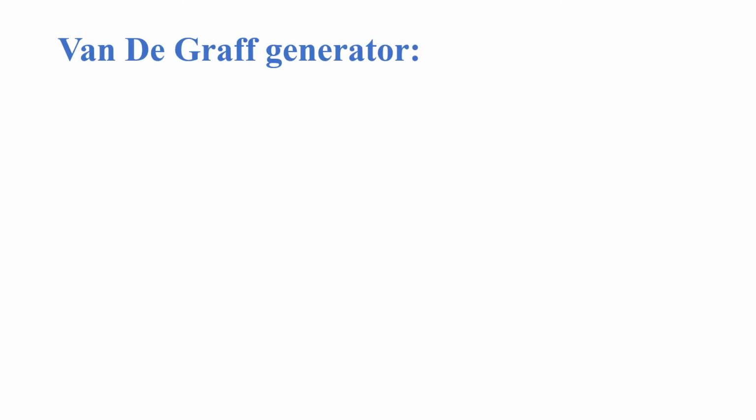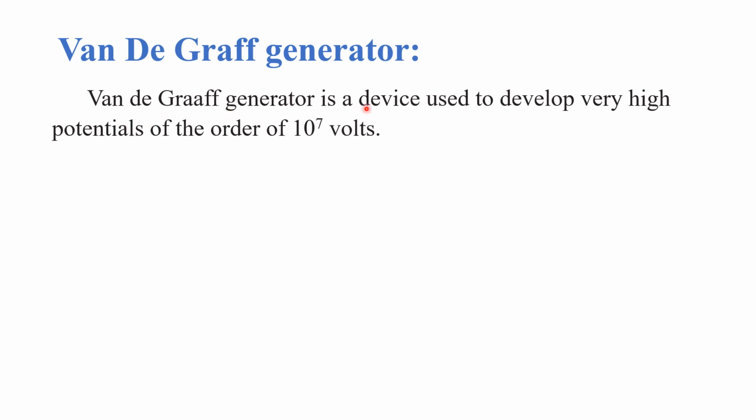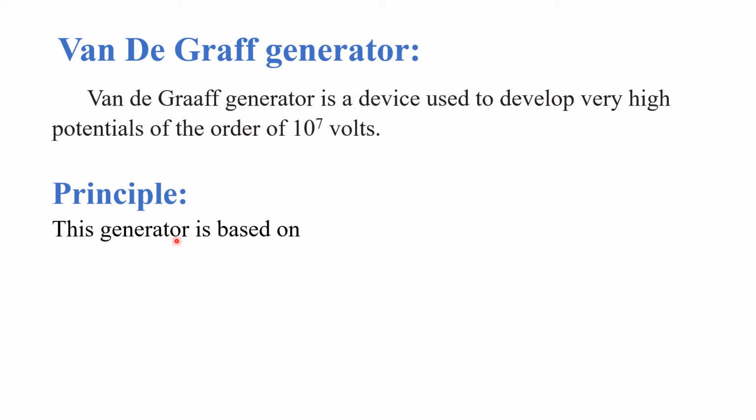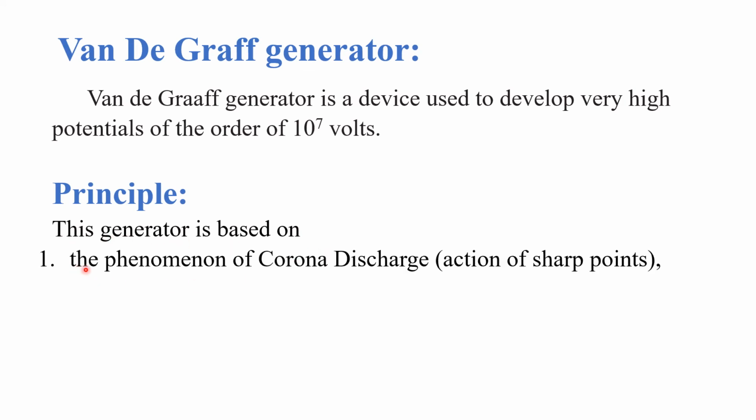Van de Graaff generator. A Van de Graaff generator is a device which is used to develop very high potential of the order of 10^7 volt. Principle: this generator is based on, first point, the phenomenon of corona discharge, that is, action of